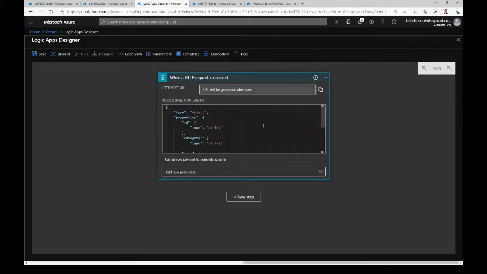So you'll see that when I save this, it generated the URL, which is a fairly long URL to call. This is part of what we will talk about next week when we talk about API management, to make this easier for people to use. But now that I've got my request in,